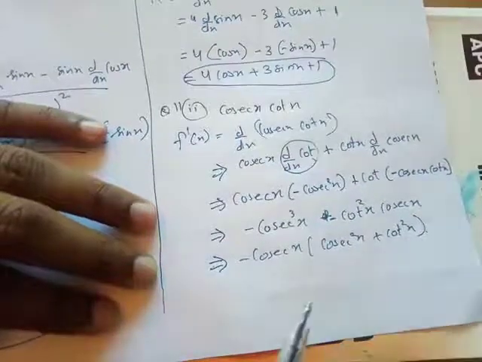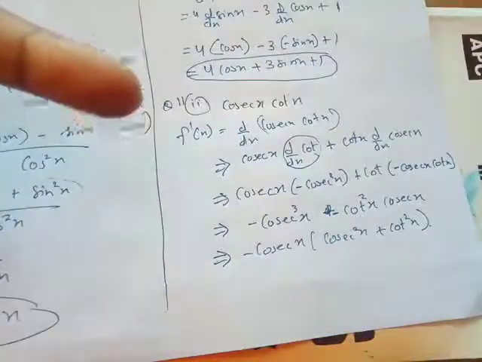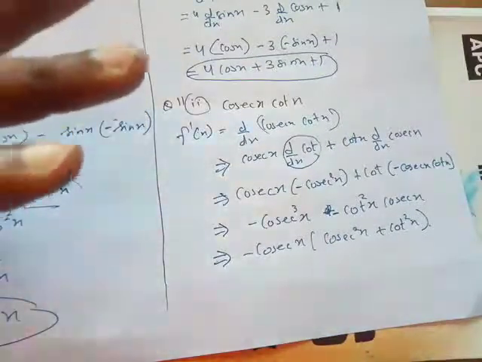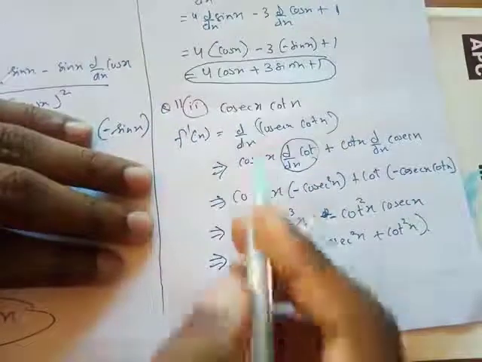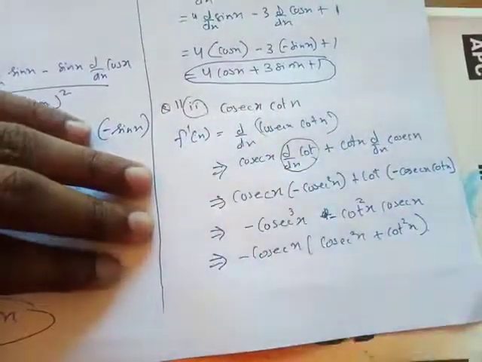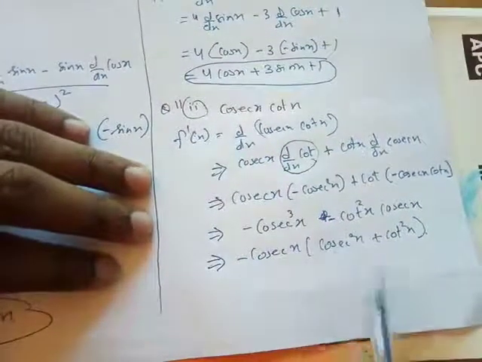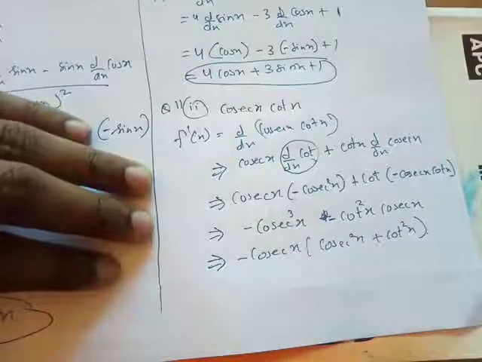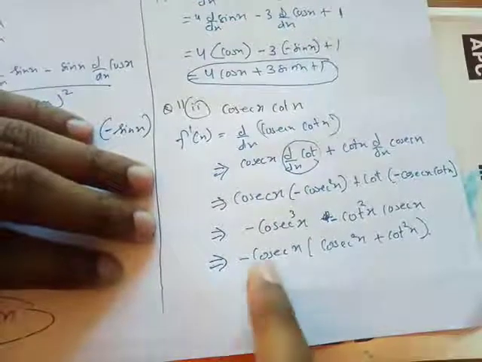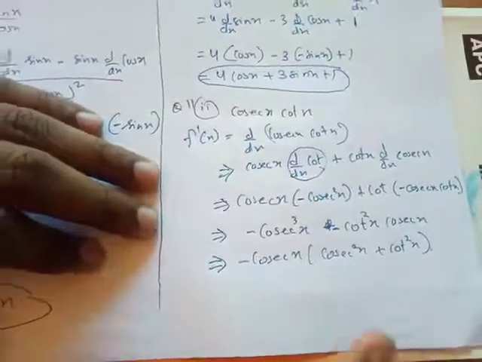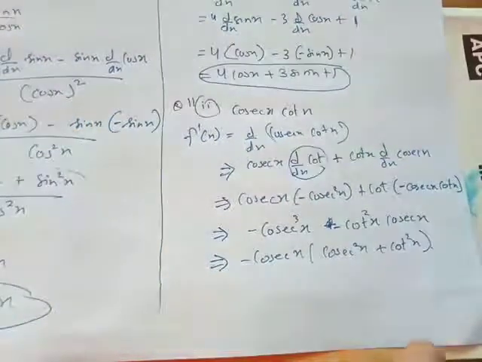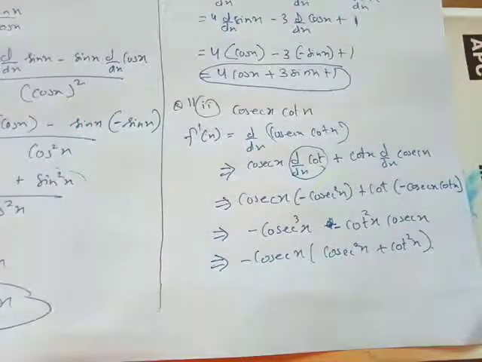This is your answer. You don't have to solve it further to bring one trigonometric ratio. No, that's not a thing that you have to do. You just have to find the derivative of this as simple as you can. It's not that you have to bring one number and one trigonometric function, that three trigonometric functions cannot hide here. No, it's not like that. You can leave your answer till here and this is your answer. Okay, I hope you guys are getting this.